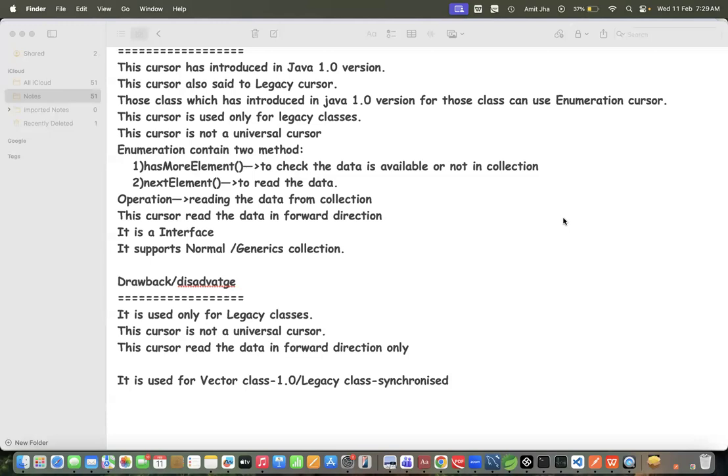So last class we discussed what enumeration is and what all the important points we have in the enumeration concept. We have already covered that, right? So in this class I will show how these important points come into coding.